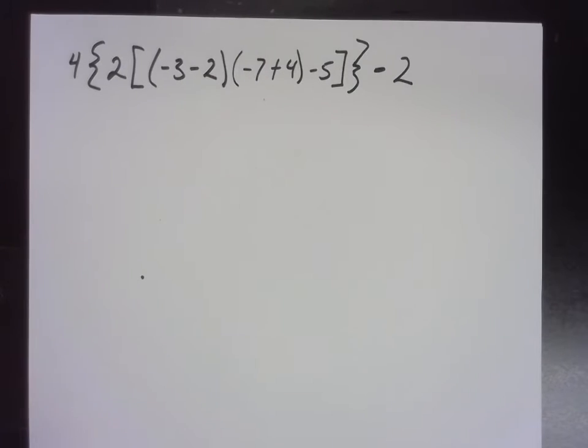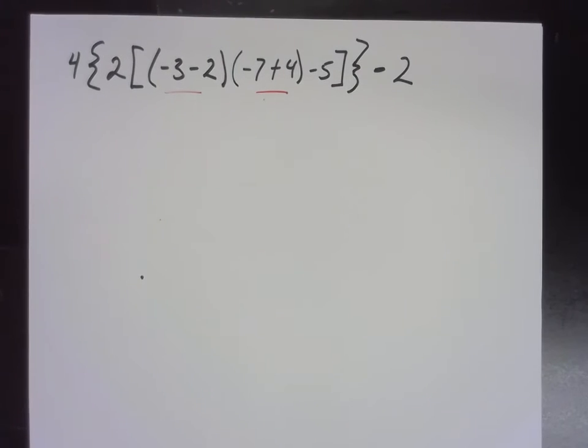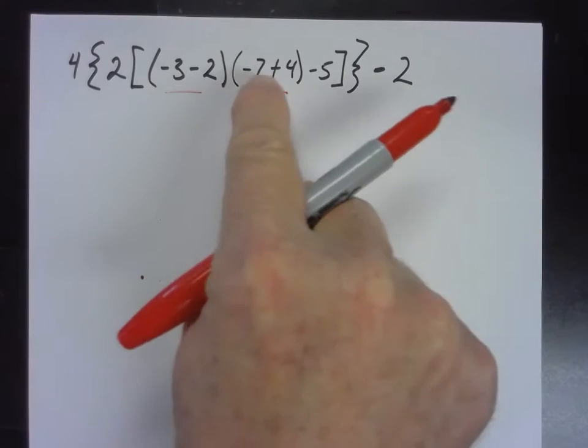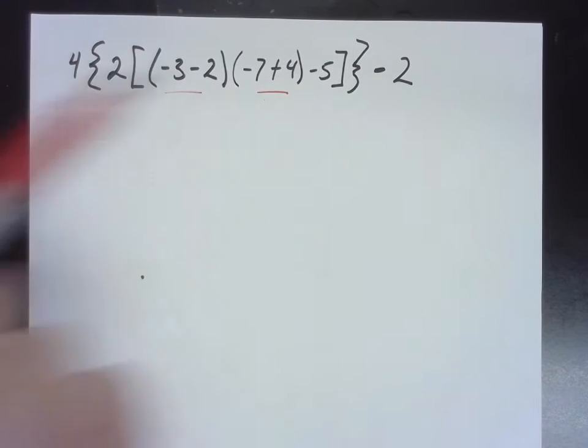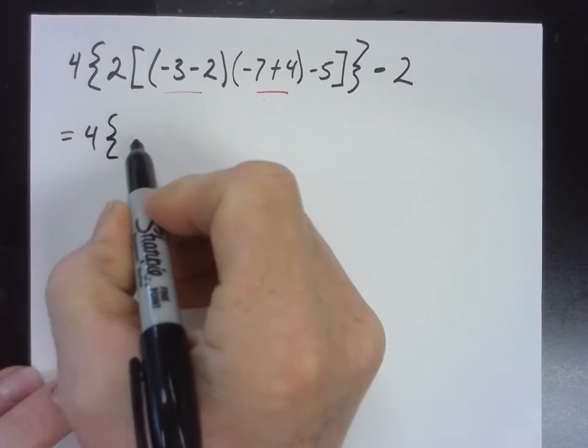So, can you see those two bits right there? The innermost parenthesis. When we write this down from the book, would it be okay if we did those two parts? Yeah, and that's all I'm going to do. So I have 4 times 2